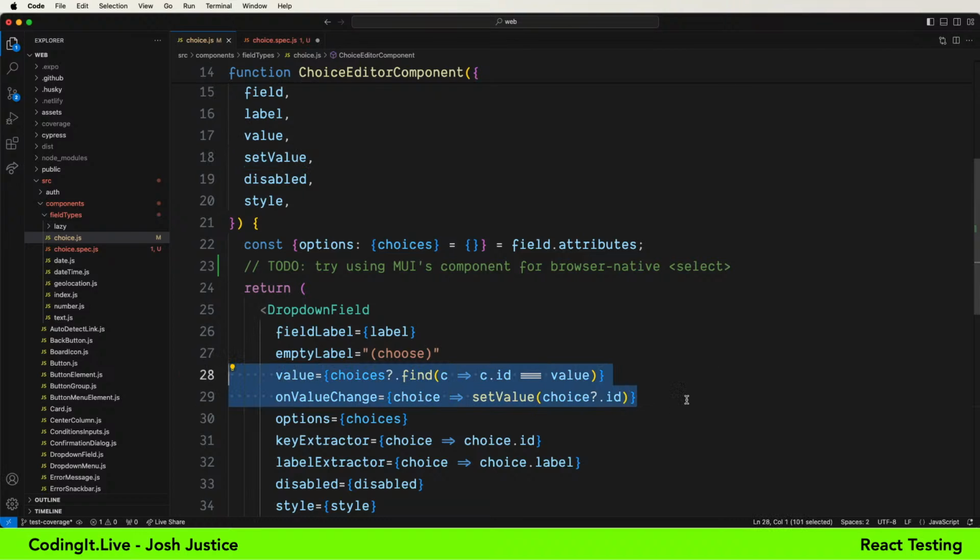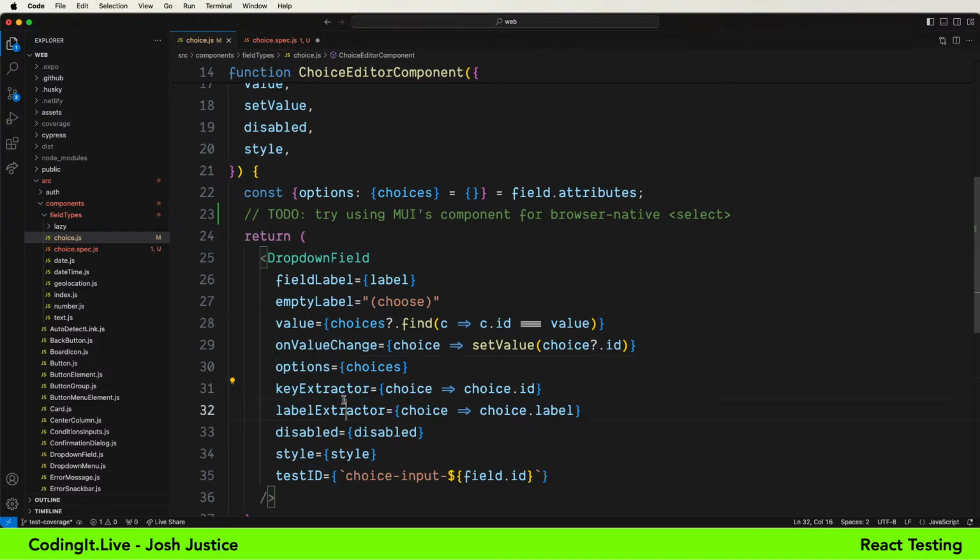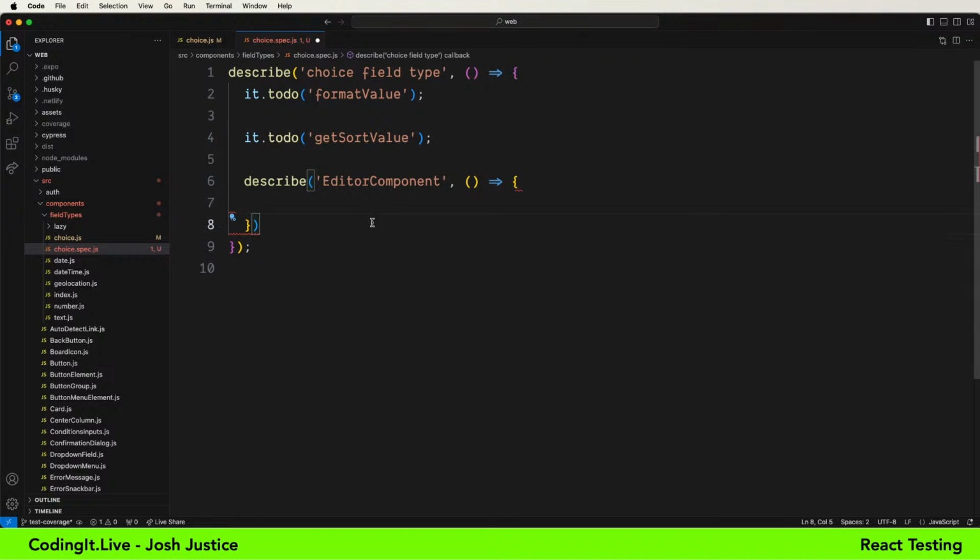And we're also going to want to make sure, I think, that the options show up in the right way. Even though it's pretty trivial, these come together to make sure that the options display correctly. So I think that's a function of this as well. Disabled style test ID, not very important. These test IDs, incidentally, are used for Cypress, which does recommend using test IDs. In React Testing Library, for various reasons, they recommend using accessibility properties instead, and we're going to go with that. So it's really about the values coming in and the options that are there and the values coming back out. So let's write some tests for those, maybe some to-do tests here.